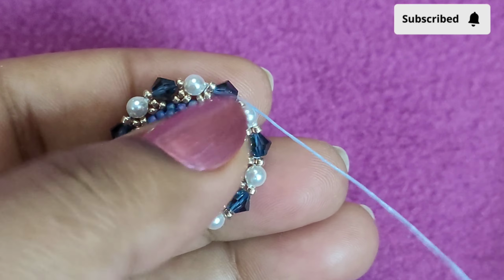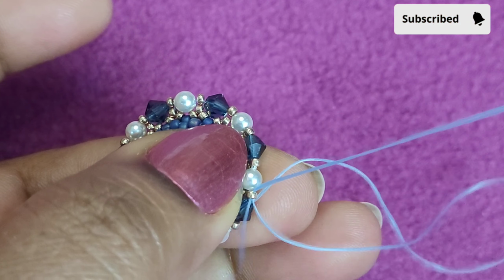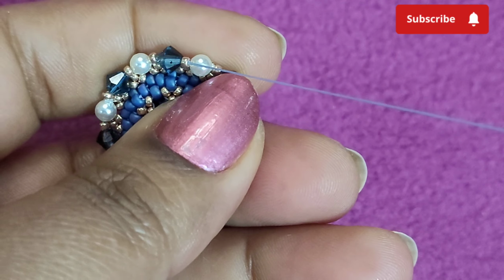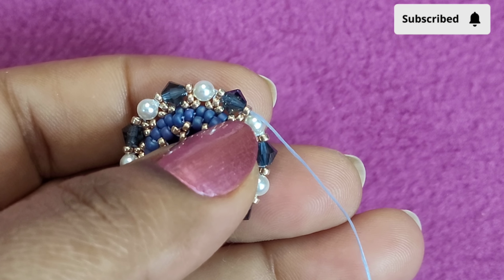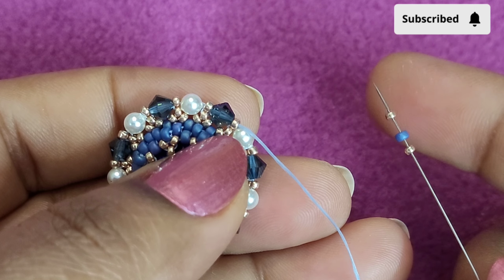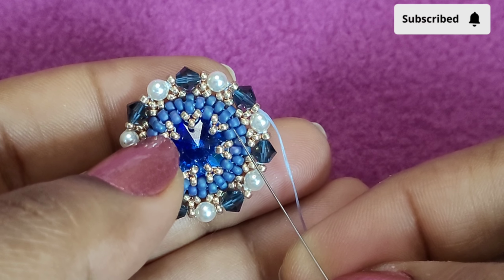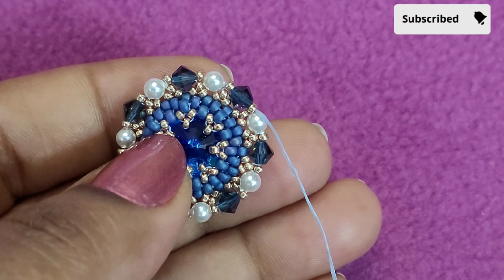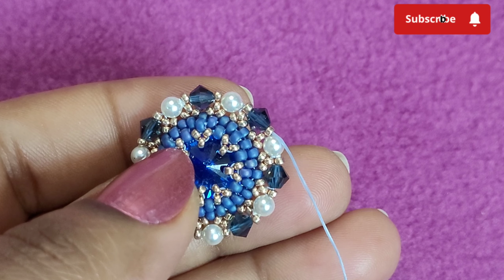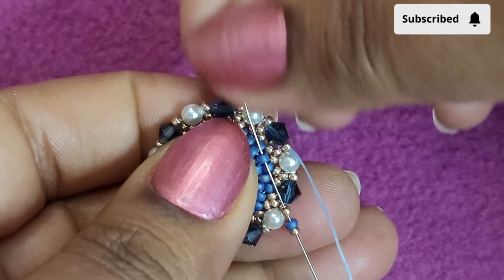And now stepping up into the first 15 champagne that I added in this round, flipping it towards the front side. I'm picking up 1 15 champagne, 1 11 nebula blue and 1 15 champagne, the set of these three beads, and here you can see this 11 nebula blue just in front of these beads, just underneath this set of 15, and I'm going to pass through this 11 nebula blue,